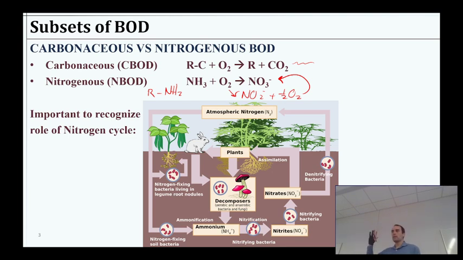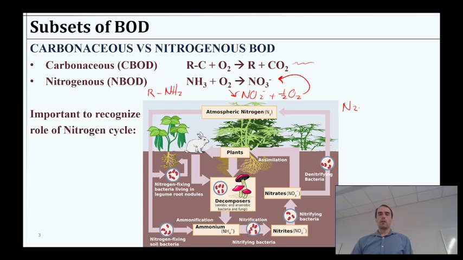But as you see, taking ammonia and getting it to NO3, you need 3 oxygen atoms for that, right? You need 3 oxygen atoms to get from NH3 into NO3. So this all relates to kind of the nitrogen cycle. In the atmosphere, we have tons and tons of nitrogen gas.